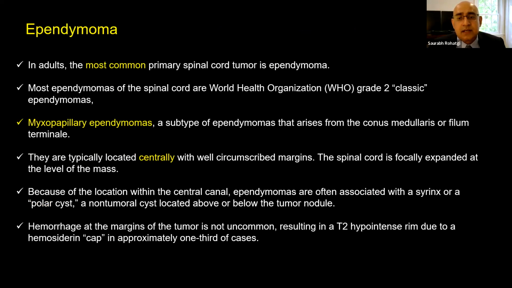Most ependymomas are WHO grade 2 classic ependymomas, and myxopapillary ependymomas are a subtype which arises from the conus medullaris. They're typically central, well circumscribed, and because of their location within the central cord, they're usually associated with a syrinx or a polar cyst or a non-tumoral cyst located above or below the tumor nodule. Hemorrhage at the margins of the tumor has been described classically in cases of ependymoma which present with a hemosiderin